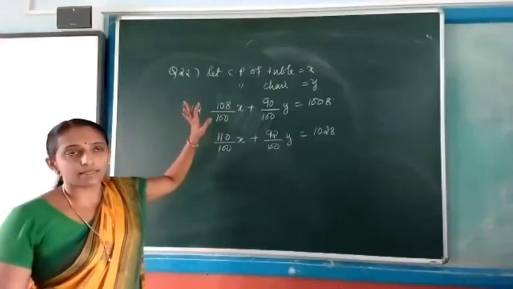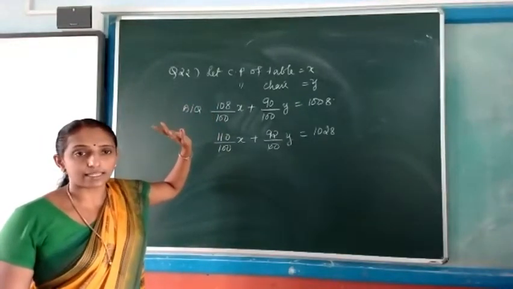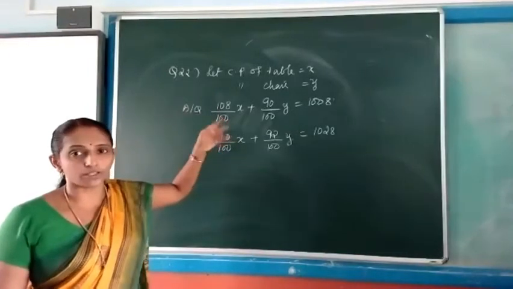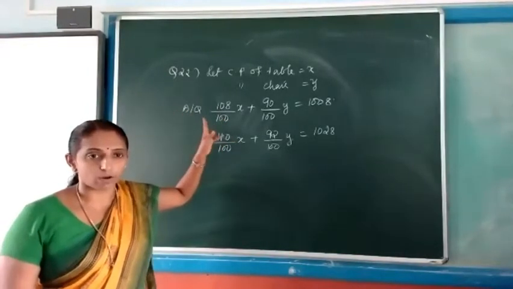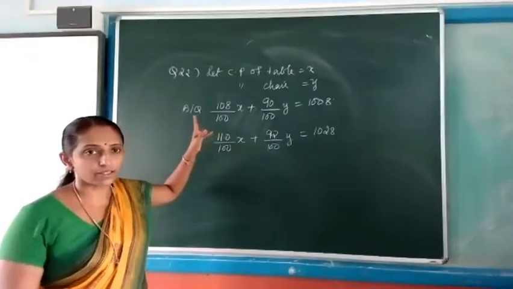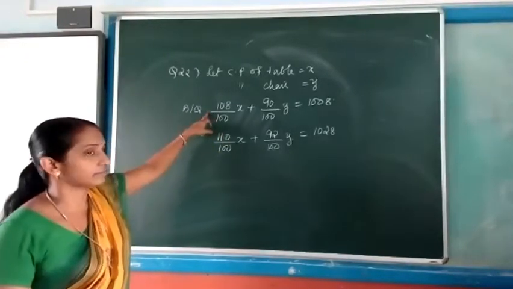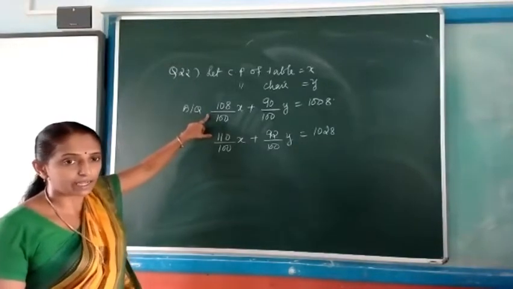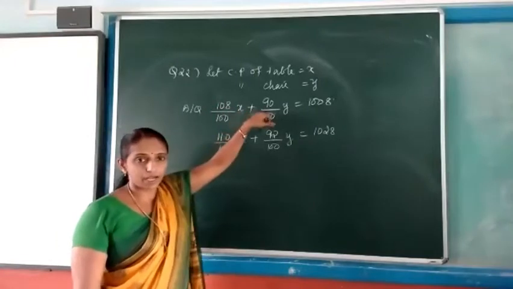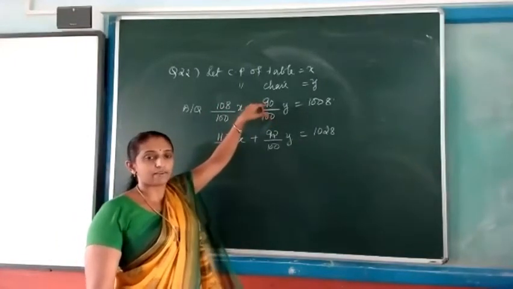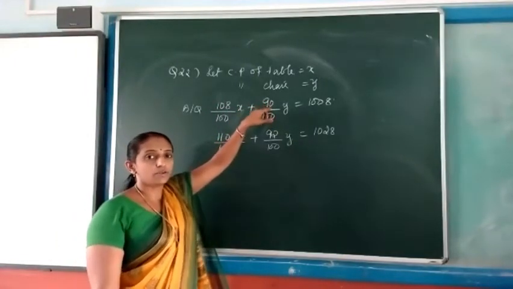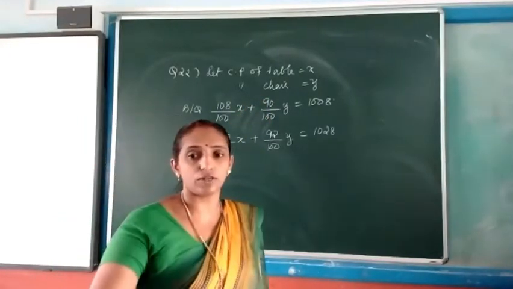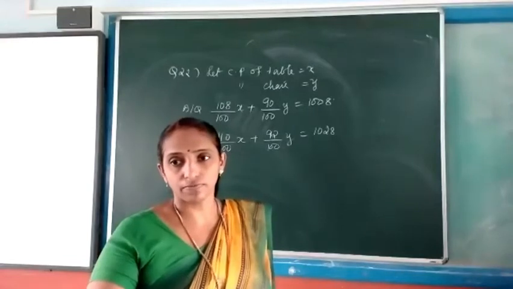You know the formula for calculating the selling price in the case of profit, in the case of loss, as well as in the case of discount. So you will apply the formula. If cost price and profit are given, you know how to calculate the selling price. If market price or cost price and discount are given, then you can find the selling price. By using that, you find out the values.